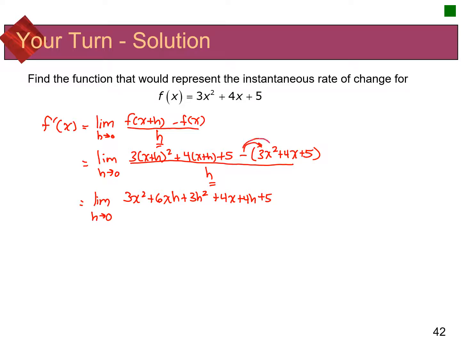This minus sign gets distributed, so I end up with minus 3x squared minus 4x minus 5 all over h. Now, if you look here, I have a 3x squared here and a minus 3x squared here. They would cancel. I have a plus 4x here and minus 4x here. They would cancel. A plus 5 and a minus 5. They would cancel. So what I would end up with